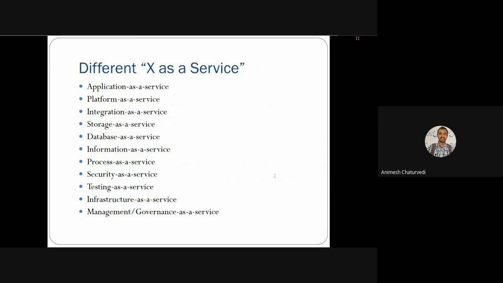Then next, there could be various different X as a service. What are these X as a service? Like application as a service, platform as a service, integration as a service. We had already discussed application as a service. So application is basically you are using Google Docs, it is a kind of application, and that is application as a service. Platform as a service, we discussed: you actually start developing code on that and you deploy that code on a large platform of a cloud. Then integration as a service, you can integrate your software with another software,